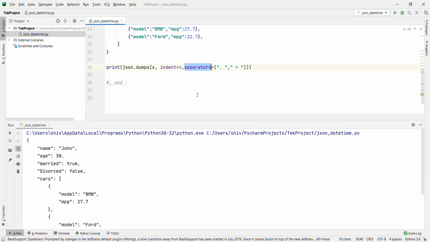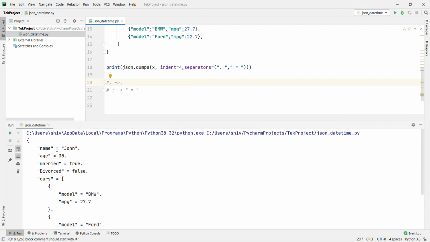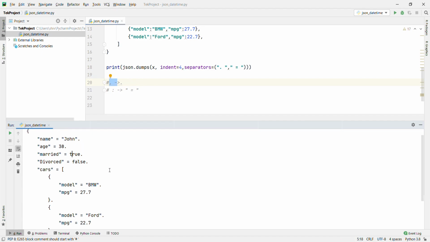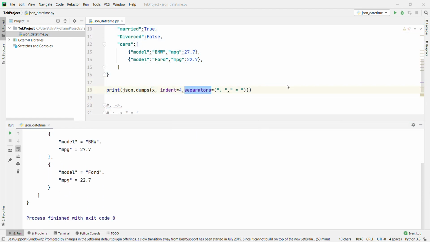Using the separators, the comma is going to be dot and the colon is going to be equal with space. Let's run it and see. Now colon is converted to equal to, and comma is converted to dot, using the separators attribute.